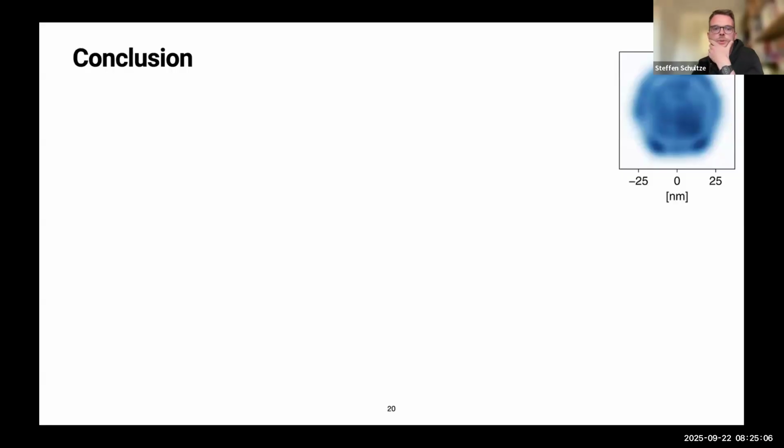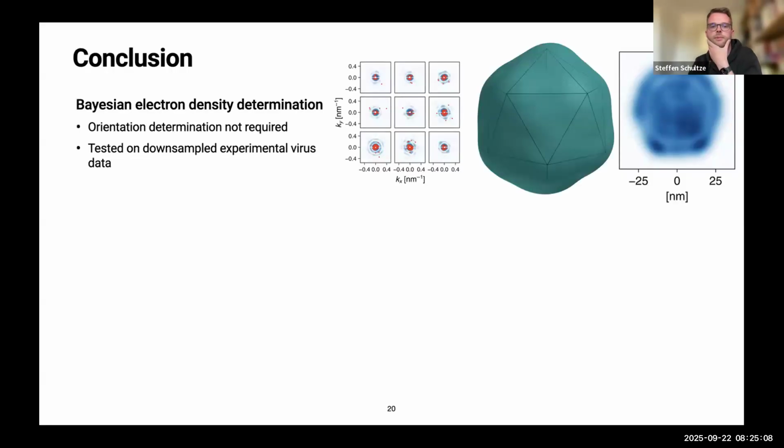Yeah, so I actually already want to conclude here. We have seen our Bayesian electron density determination method, which circumvents the need for orientation determination. What I have not shown so far is that we have tested this on experimental data, not on proteins, because to our knowledge we don't have access to actual single protein data.